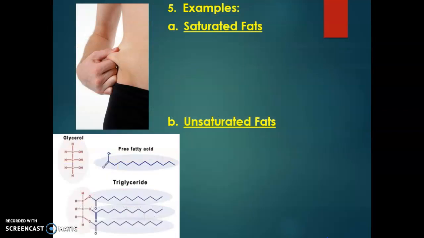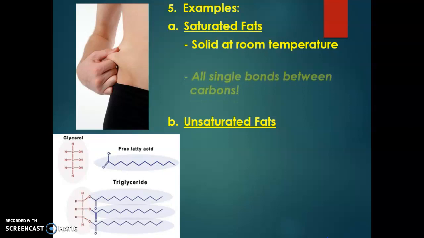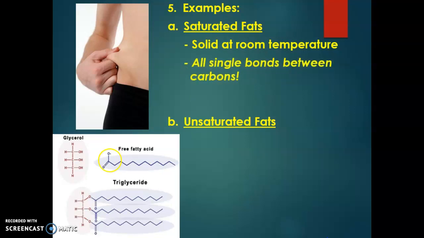So let's get into the discussion about whether a fatty acid tail is going to make a lipid either saturated or unsaturated. Let's focus on the saturated, which are going to be the ones that are unhealthy for you. Saturated fats are going to be solid at room temperature. The reason for this is you are going to find only single bonds between carbons, and I'll explain this more